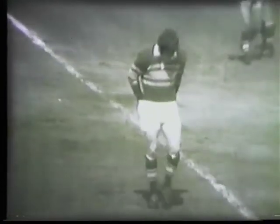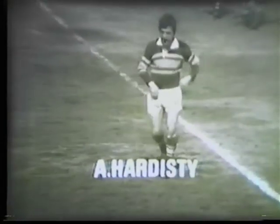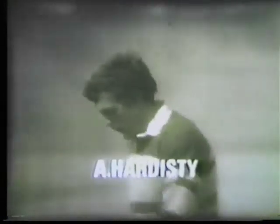This is the most unusual side. Alan Hardesty, who has played with Castleford and has been such a lot to do with the Leeds success. He was, when he was signed from Castleford, now goes the long walk, but it's coming just to the touchline. It's a long walk up this great long parade to the top of the terracing, and off he goes to the dressing room, and on the match goes